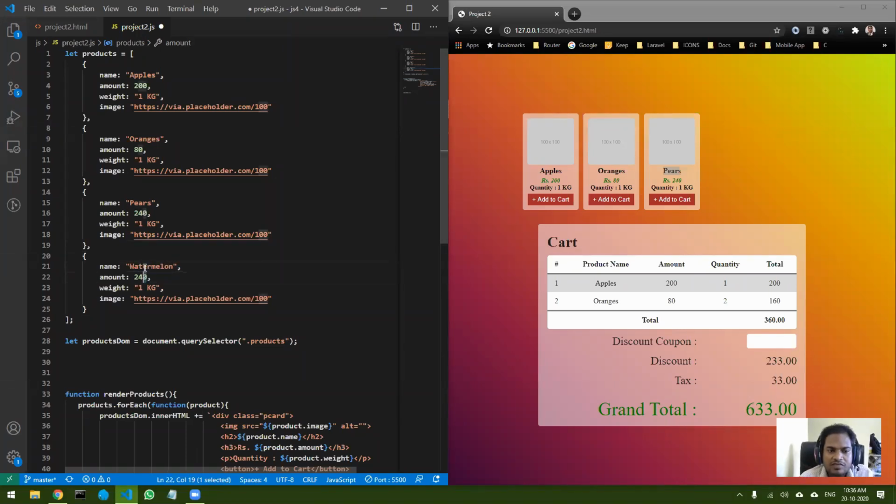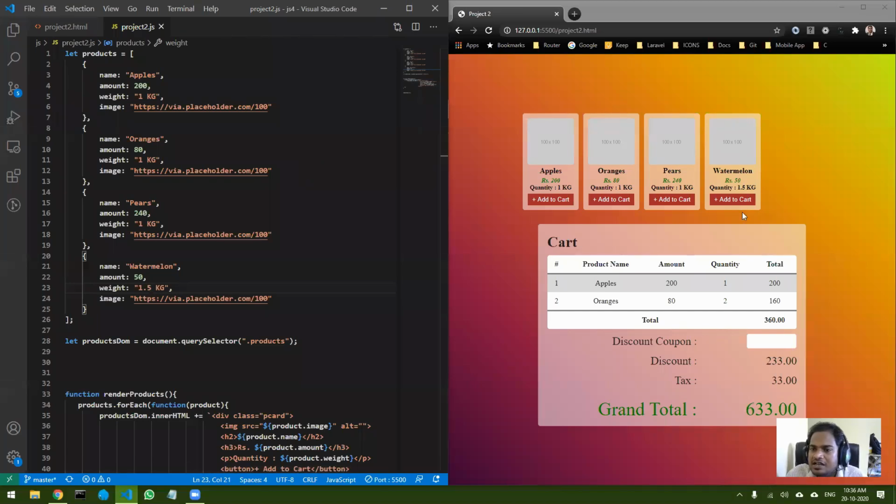I can add watermelon, which is, let's say, 50 rupees and 1.5 kg. And if I save, you can see I have not touched the HTML document, but all the elements are coming in directly. It is coming in from the variables. So I change the variable, the DOM gets reflected.